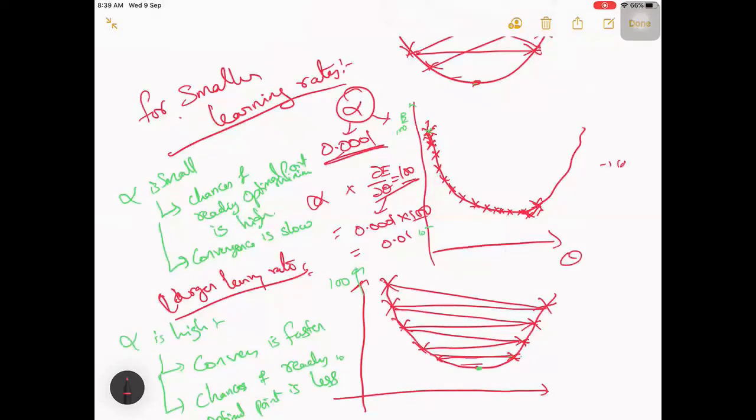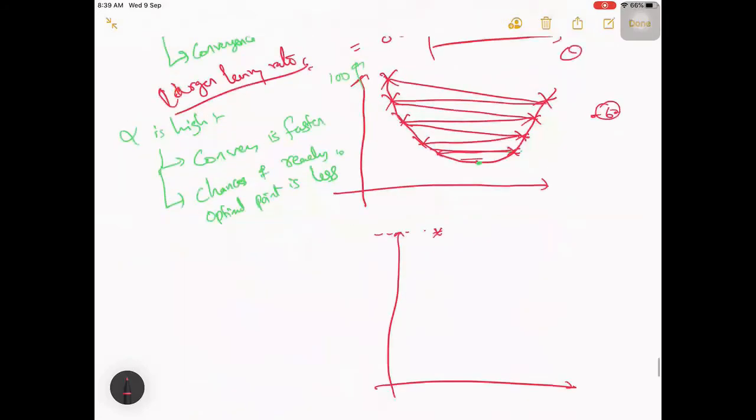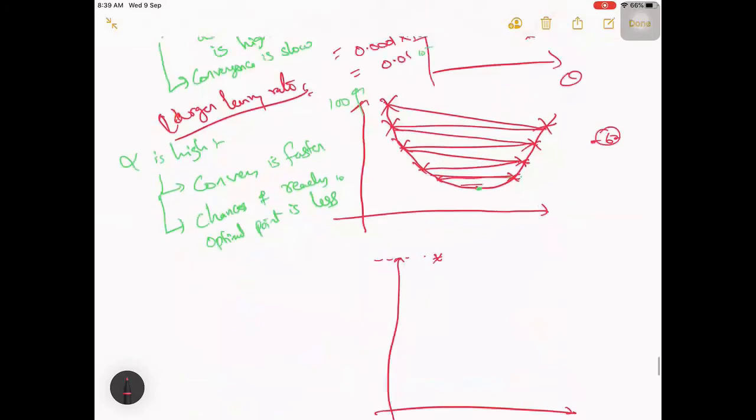So this is taking around 20 steps, let us say, and here it is taking around 6 or 7 steps, 6 steps. Okay, so this is the difference between these two. But in reality, to obtain this minimum point, we may have to do some 10,000 plus steps, 10,000 or maybe 100,000 steps.